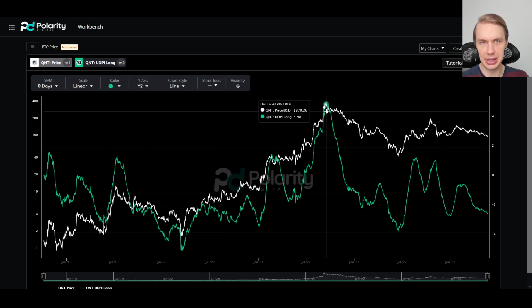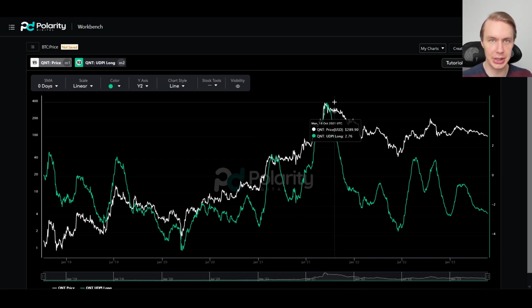So if your thesis about Quant is that it has strong fundamentals, you'd like to see those fundamentals continue to strengthen to be more certain of that. If your thesis is just that Quant will garner a lot of speculative interest in the next bull market, you have to evaluate that thesis as well. Are the things that you think will give it that speculative impulse still intact? Are they still there, or is some other newer asset just going to steal the limelight and run instead of Quant? So those are separate questions that you always have to consider.